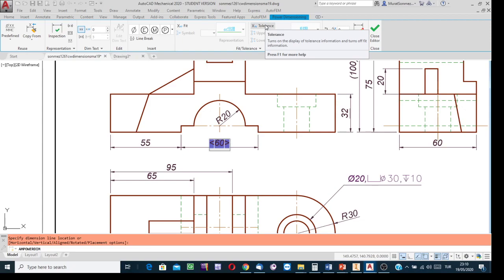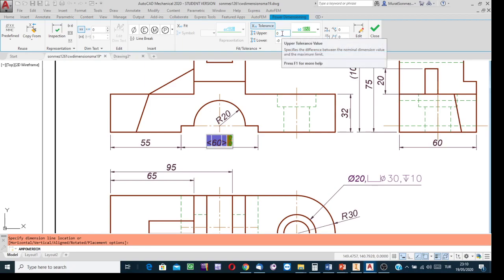If you're going to show the dimensions not by using IT tolerance grades but by writing the deviation values, make a selection on this tolerance option. And after this click, yes, AutoCAD understood that you're going to show the dimension in the old format. Okay, into these boxes, write the deviation value. Say that the deviation value for this dimension,